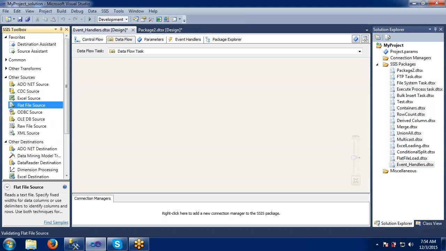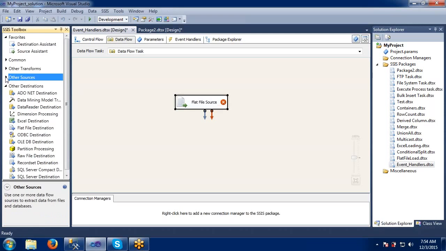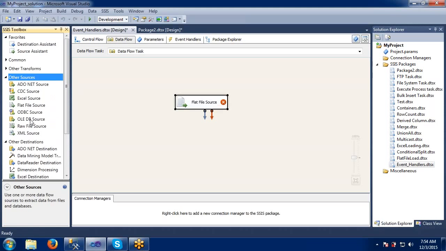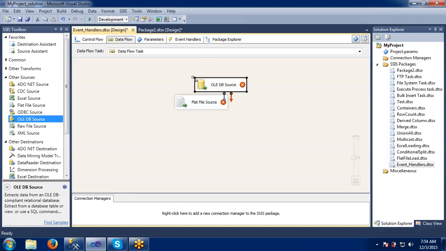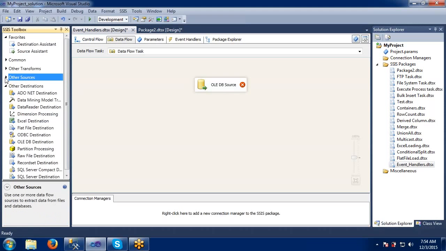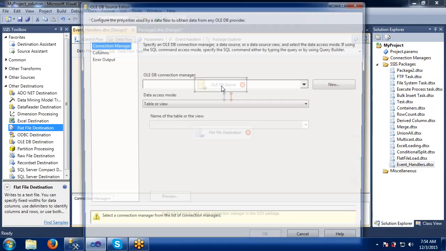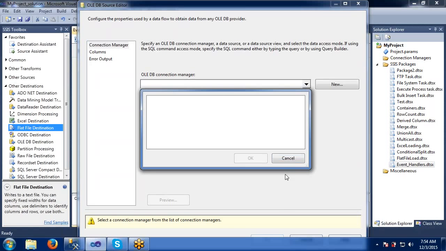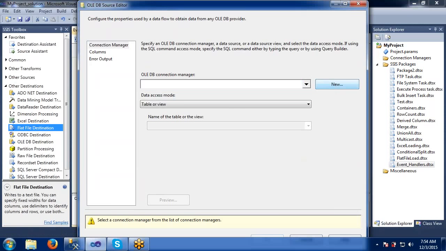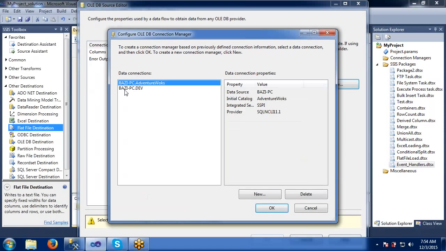So connecting the source here, let me take an OLEDB source and the destination as flat file. Okay, fine. Here I will connect to my server and I will pick one table.